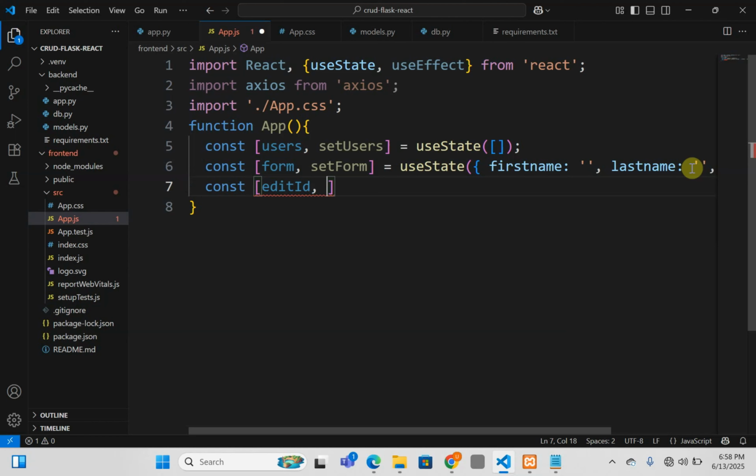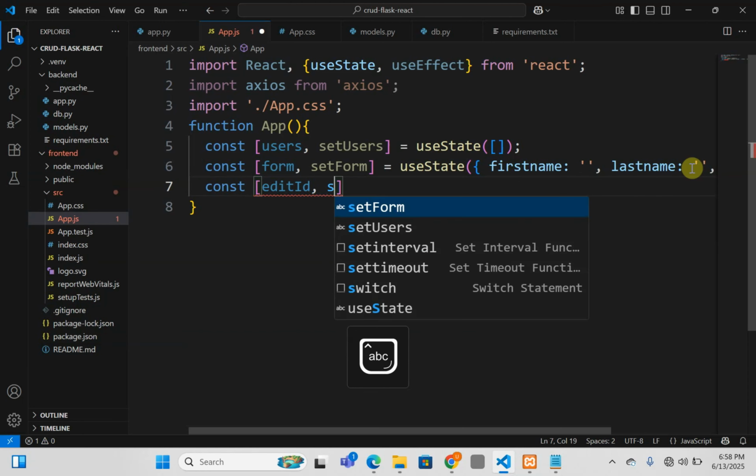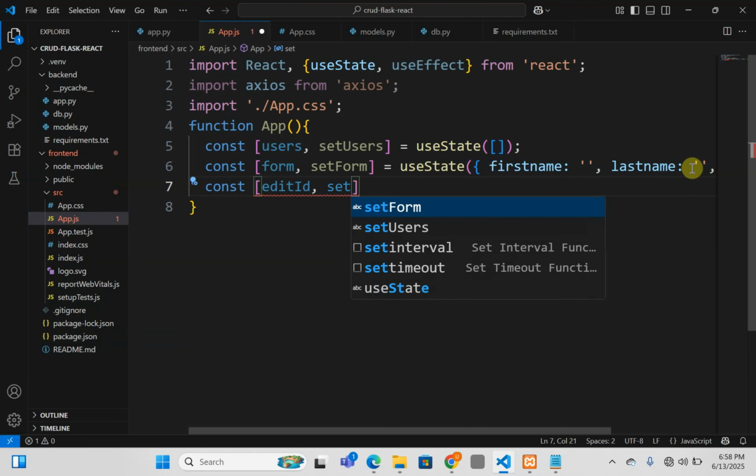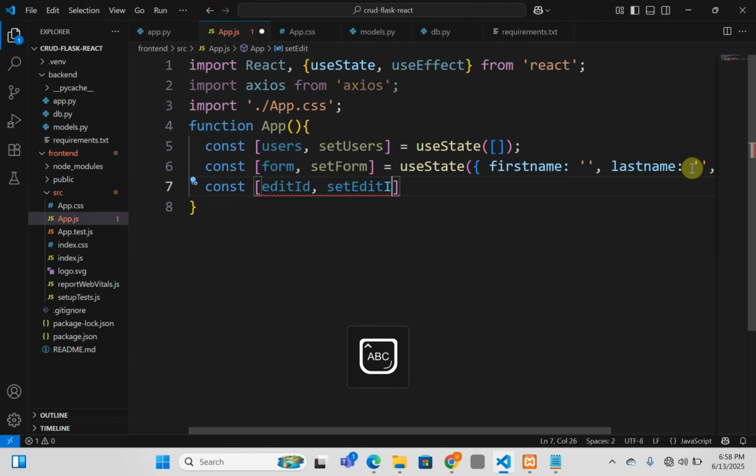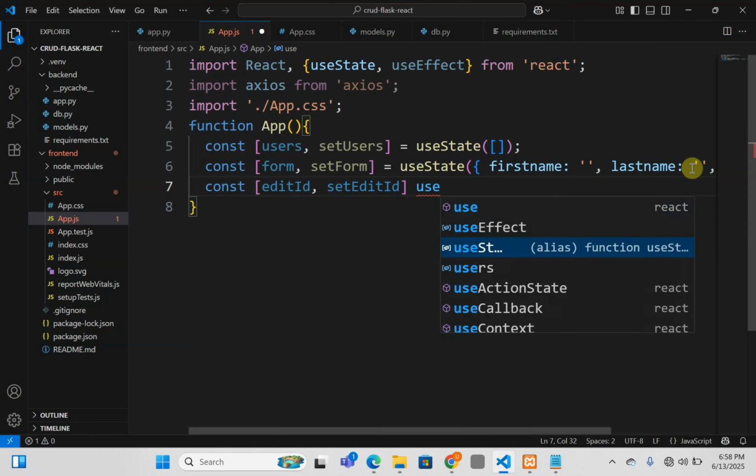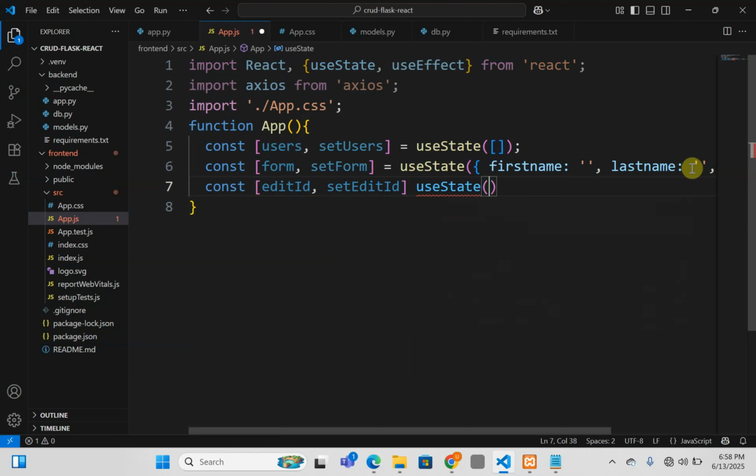So it is set to set edit ID, which will be useState. And now what is the need here? So what we need now